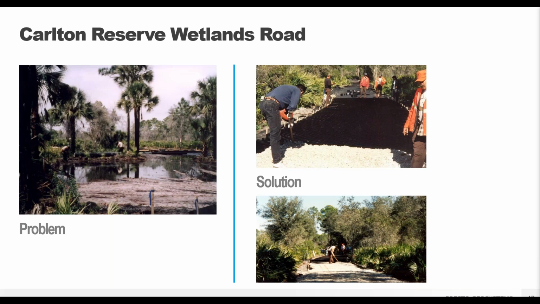This was also a project that used the GeoWeb load support system to help protect a wetlands area while meeting stormwater regulations for the amount of runoff potential into the surrounding area. So this was an environmentally sensitive place, it was a wetlands, so minimizing both the construction impact and the overall lifetime impact of the road was very important. So using an open graded stone allows for that water movement through the GeoWeb system so that the water cycle in the area is not disturbed.